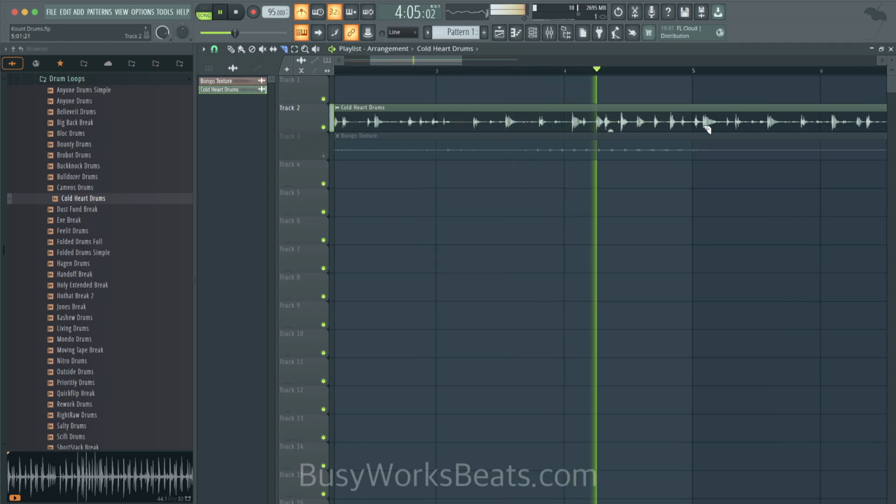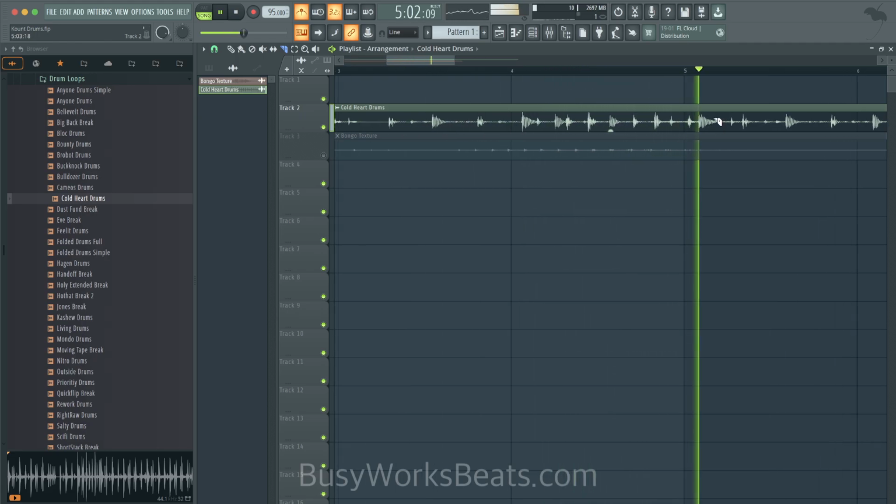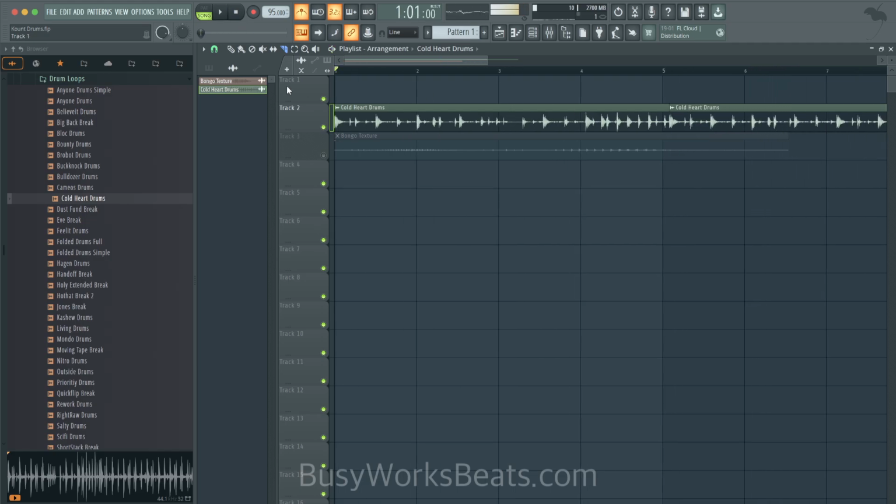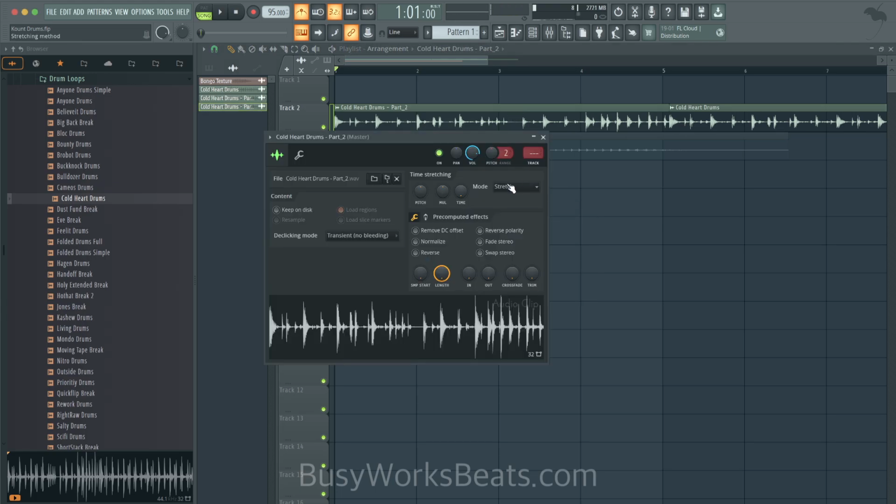All right, this is a little tricky. 3 and 4 and okay, let's slice it right here just so I could quickly eyeball it and time stretch. Let's double click. Actually, let's make this unique as a sample so that it's its own thing. Double click and it's on stretch mode. We're gonna lock this to 4 bars. This should line up. There we go.